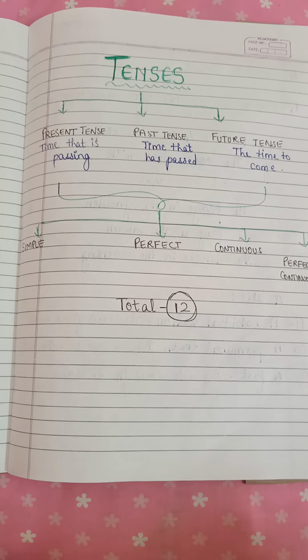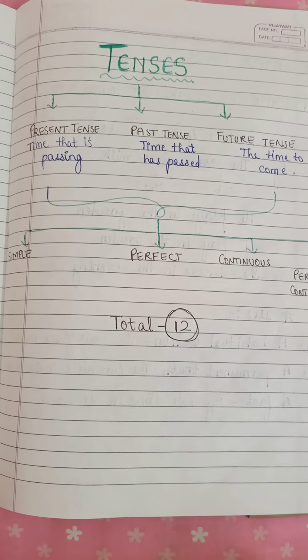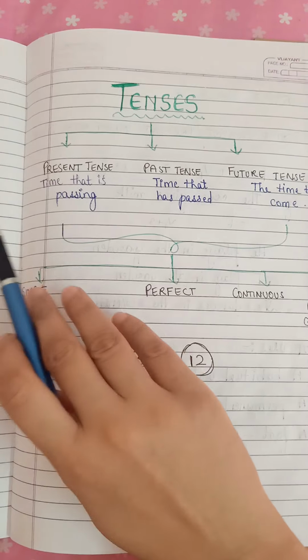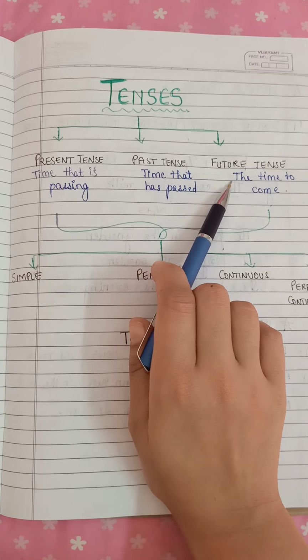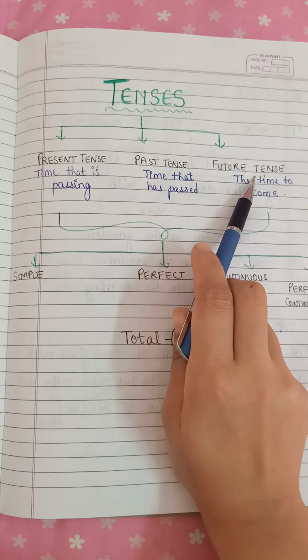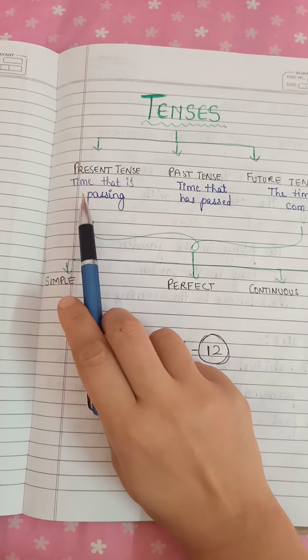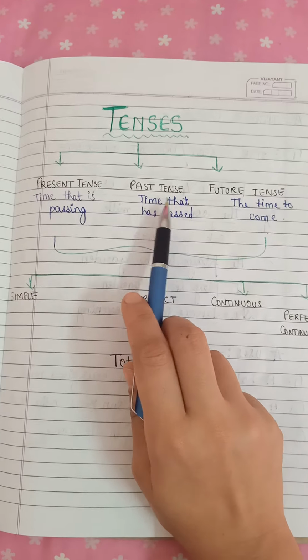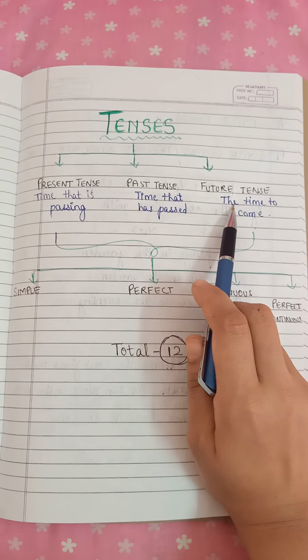As part of your learning from home concept, today we will be studying a very interesting grammatical topic, that is tenses. So, as you all know, tenses are broadly classified into three categories, that is the present tense, the past tense, and the future tense. The present tense deals with the time that is passing. The past tense deals with the time that is already past, and the future tense deals with the time that